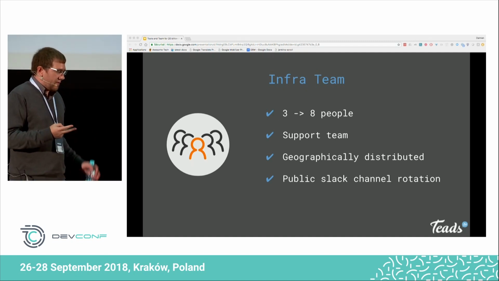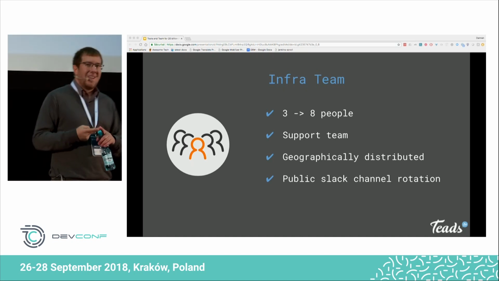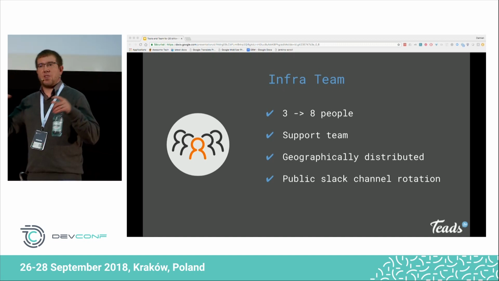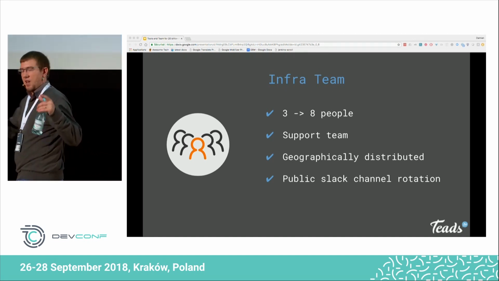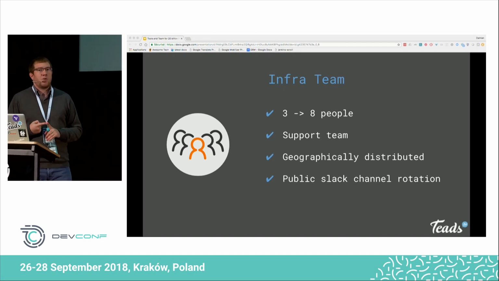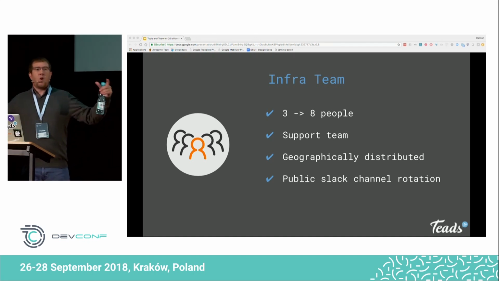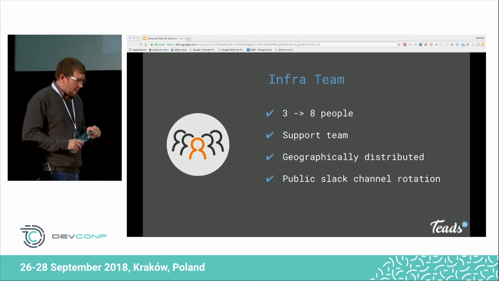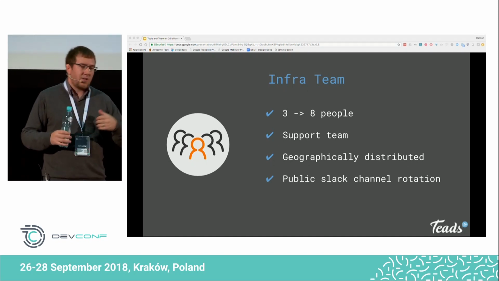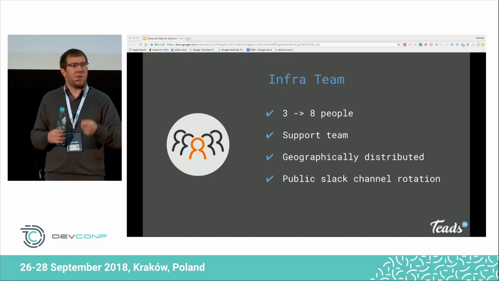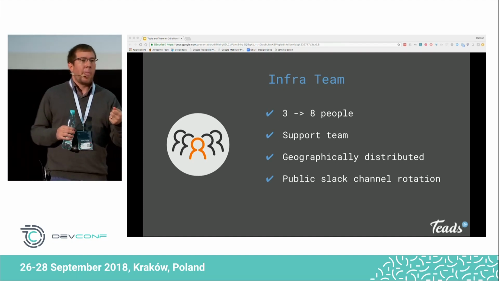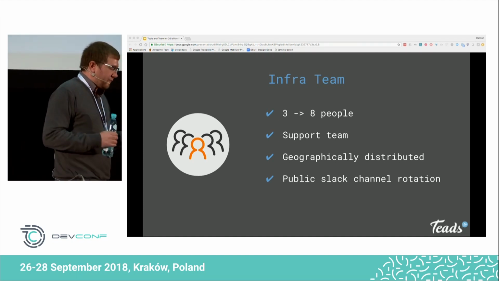This had two benefits. It helped developers and infra guys speak together. It helped reduce the gap that exists somehow between those two populations. But also, it helps newcomers understand all the system, all the platform. Because when you join a team with such a large infra, it's very hard to just read documentation and understand what's going on. So if you're responsible for getting a question and answering it, then at that time,